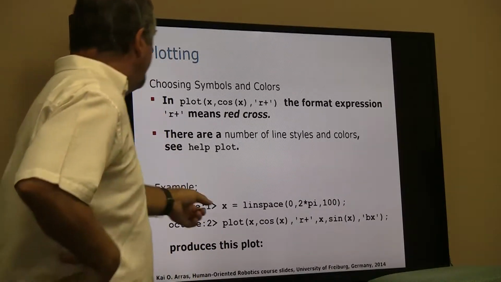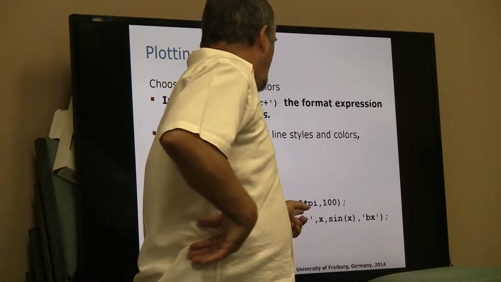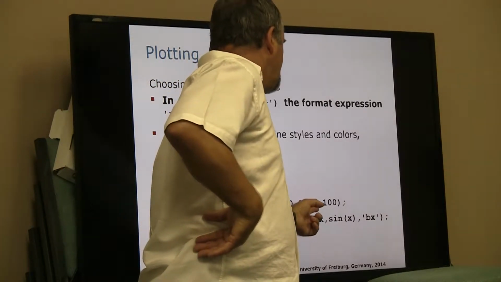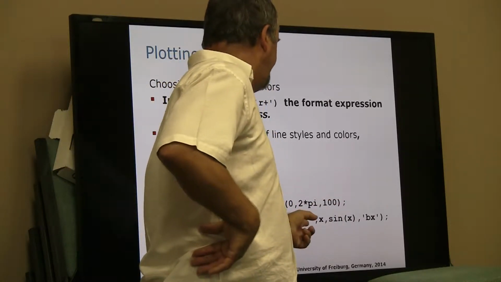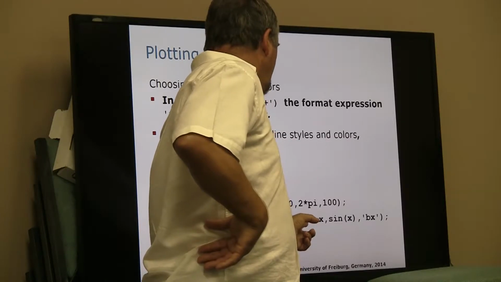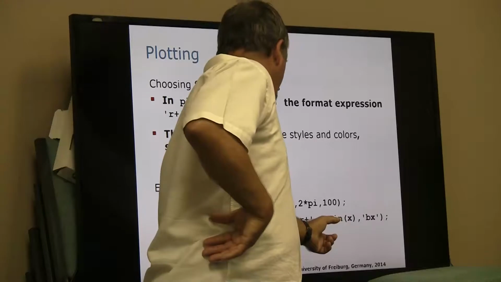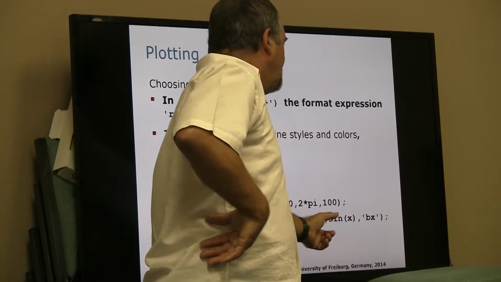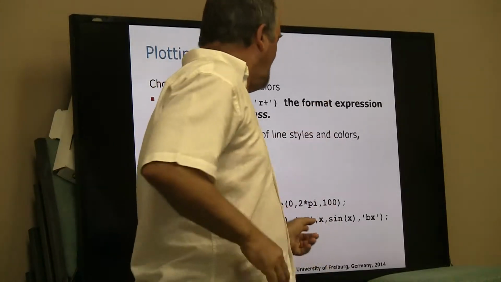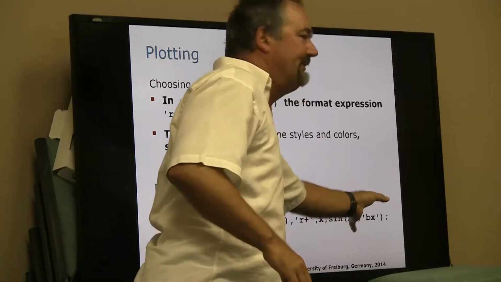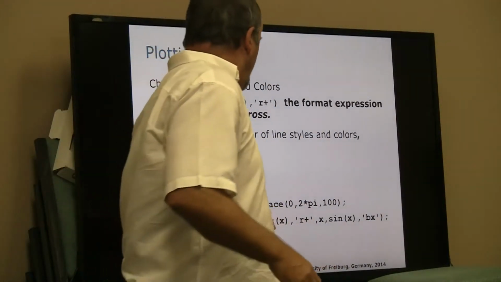And so here's an example. They declare a line space of 0 to the range 2 pi with 100 steps, and then they plot x and cos of x using red pluses, and then here's an alternate way of plotting multiple graphs on one plot. You can put multiple pairs of x, y things that you want plotted on the same graph, all inside the